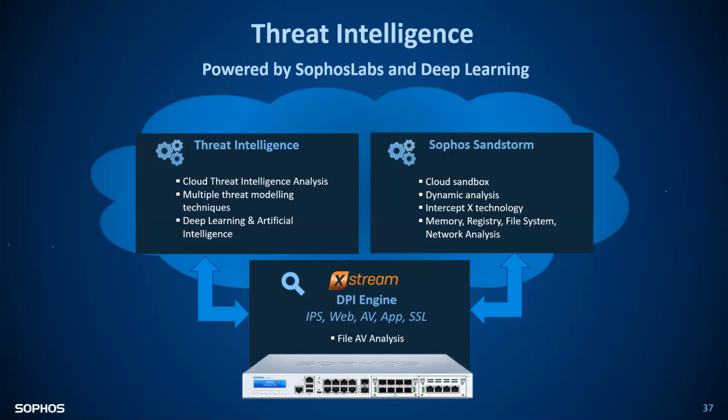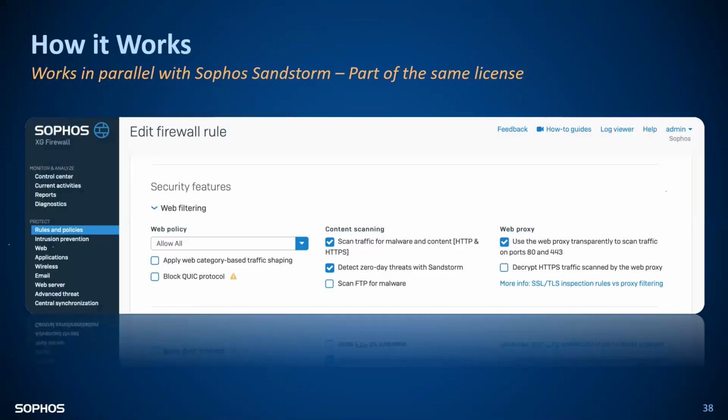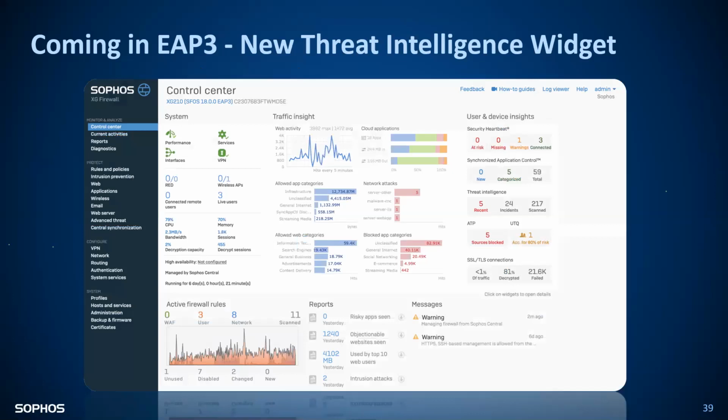So now deep learning and artificial intelligence are also there. Threat modeling techniques, everything is there. It's a hell of a lot of technologies amalgamated into a single box that you can leverage while you are using version 18. So this is the only thing that you can see. HTTPS content scanning, threat intelligence wizard. These are all small wizards that are clickable. You can click them and go to that particular tab, the threat intelligence tab, where you can see 5 incidents, 24 incidents, 207 scanned and all.